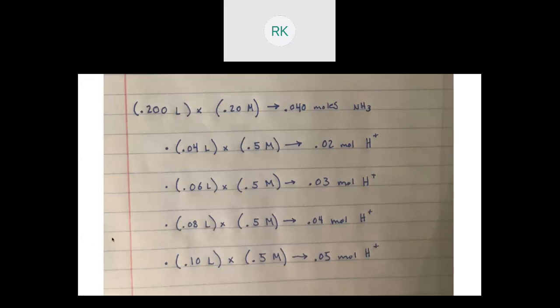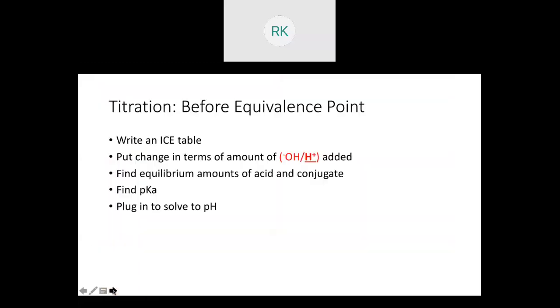Okay? And so first we're going to look at how we solve when we are before the equivalence point. These are just the generic steps. They're very similar to the ones in the previous video. You'll just notice the red portion. Our first step would be to write an ICE table for this, right? So we want to write our equilibrium in terms of our weak base. Then we're going to put our change in our ICE table in terms of the amount of hydroxide or H